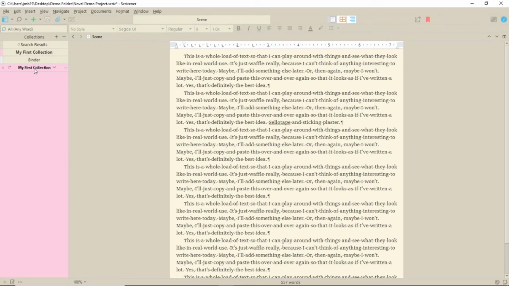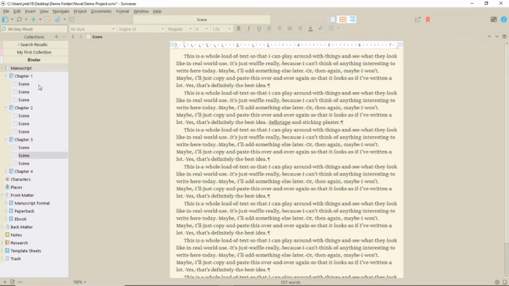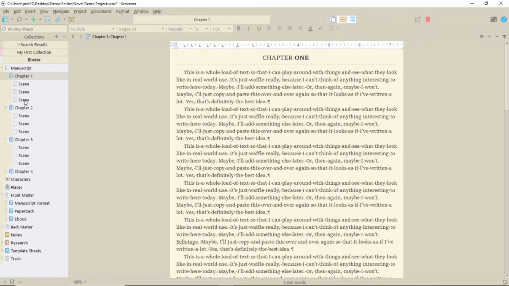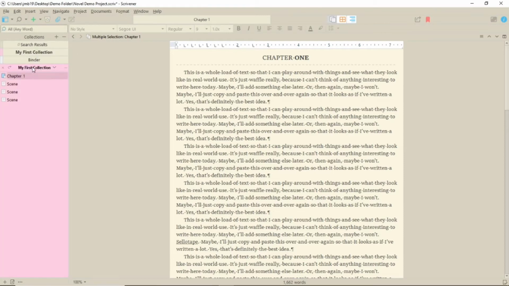To populate your collection, select any items from your binder and drag them onto the Collection tab, and they will appear in the collection list. You can select everything, or certain chapters, or types of document, or all of one character's scenes, or certain topics, or any other division you can think of, and use this collection to focus your editing, or your writing, or experiment with order, or whatever.